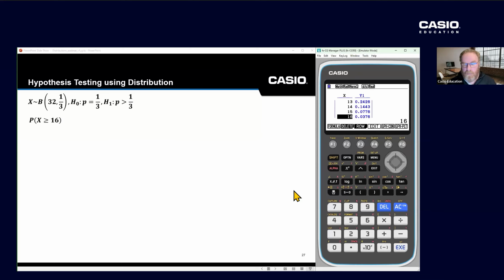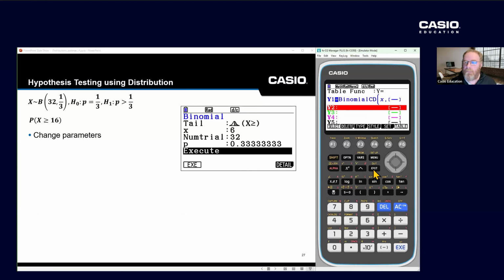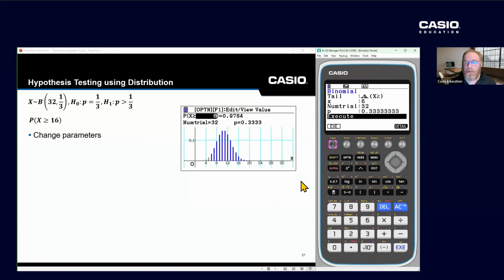If I wanted to use distribution mode when approaching this question, quite nicely, what you can do is just change the parameters. So let's go back to distribution, choose binomial again. We do want right-hand side. It doesn't really matter what the value of x is, but we do need to change the value of n. Okay. And then when we calculate,